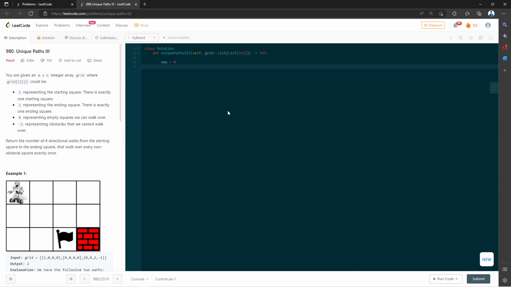Initially it will be 0 because we don't have an empty block right now. Now we are going to traverse our list. So we are going to say for elements in grid, and after that for value in elements, which means on each row. Now we want to see whether value is equal to 0 or not. If it is 0, that means we have an empty block, so we'll say emp plus equal to 1. All right, so once we are done, we get a value which tells us how many empty blocks we have